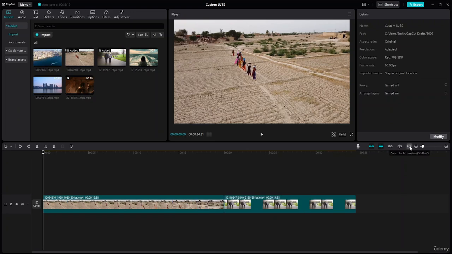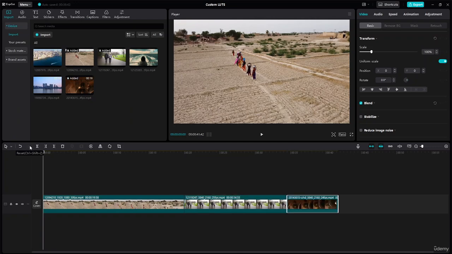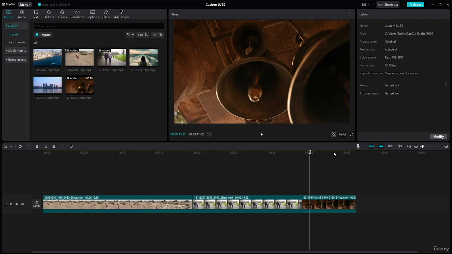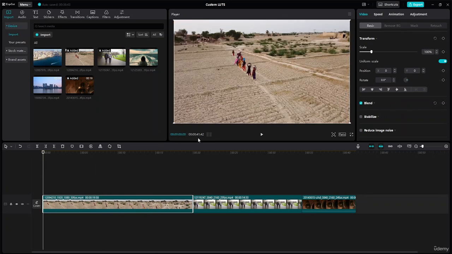Once I'm done, you guys can just click Shift plus Z to zoom to fit in the timeline. And if you just want to go back, you can click on Control Z to go back. If you want to reset, you can reset the whole thing from here as well, using this undo and redo button. You can also call it the reset. So let's zoom to fit here in the timeline. And now if you take a look over here, the total duration of the video is 41 seconds